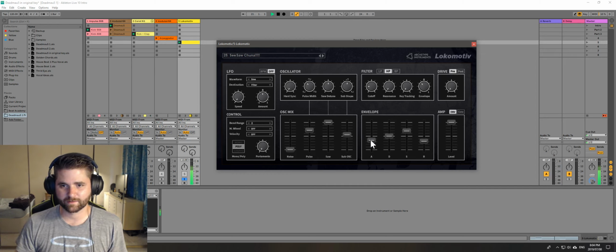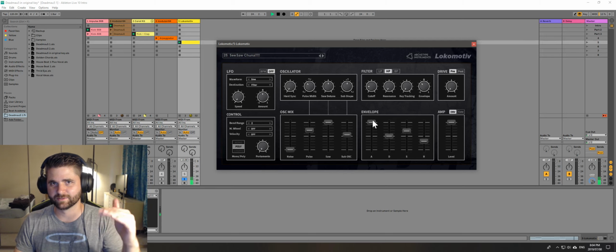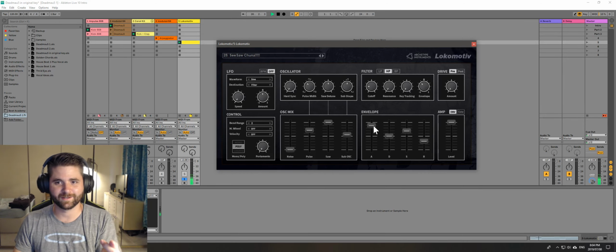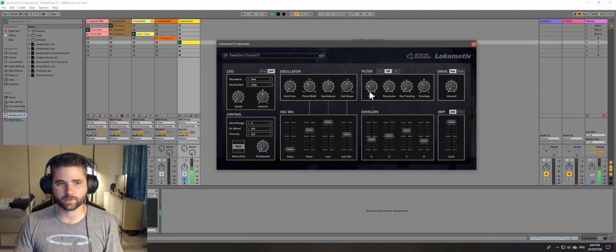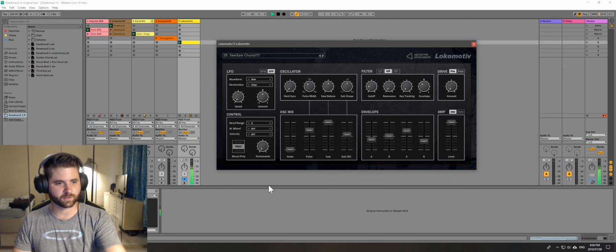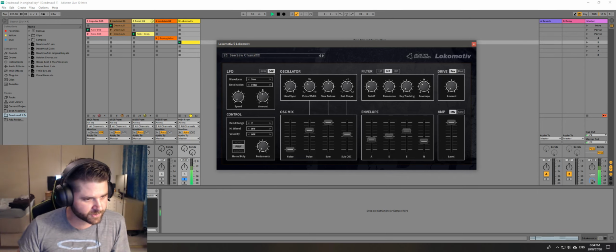Likewise with the attack, see, it takes forever to even get up to the volume. It doesn't actually peak before the note ends, before the next note begins. It would be more noticeable on one that's not got the arpeggiator applied to it. So if I switch that off for a sec,